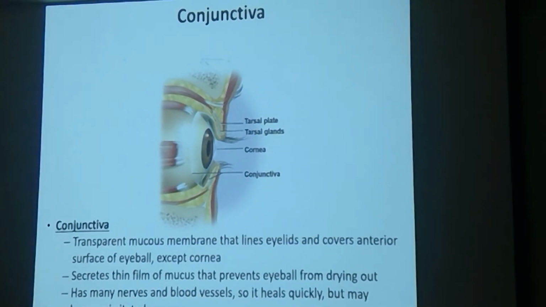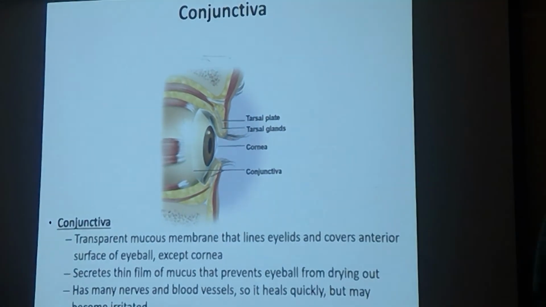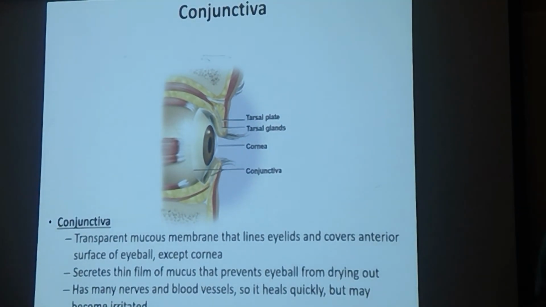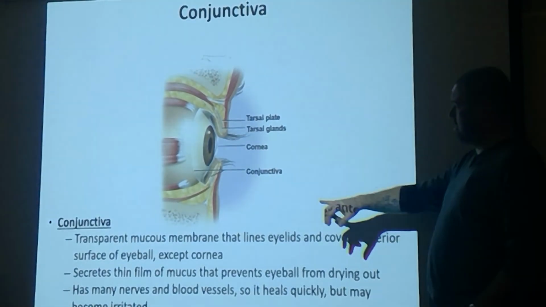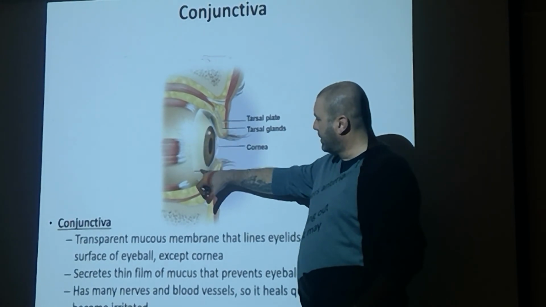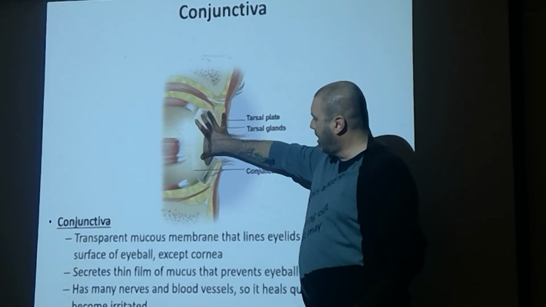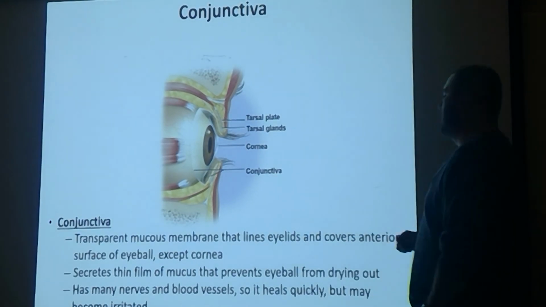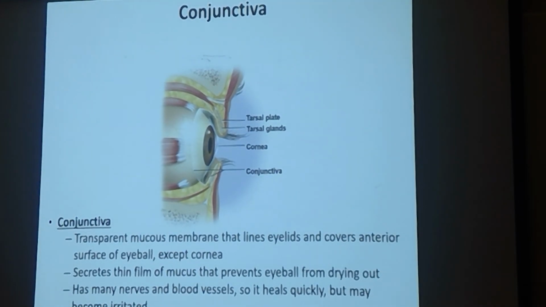All right, the conjunctiva. Conjunctiva is that transparent mucous membrane that lines the eyelids and covers the anterior surface of the eyeball except for the cornea. So conjunctiva is going to be on the outside, and this is when you see people with pink eye. Of course, this is what you end up seeing. You see an infection on this mucous membrane, and of course, bad enough, what can it literally just cause? Blindness. Yeah, it can eventually